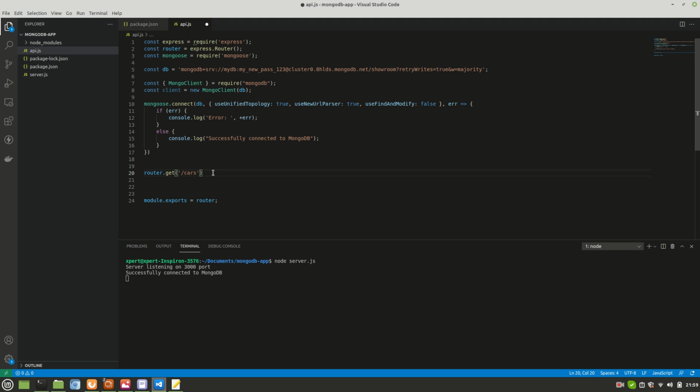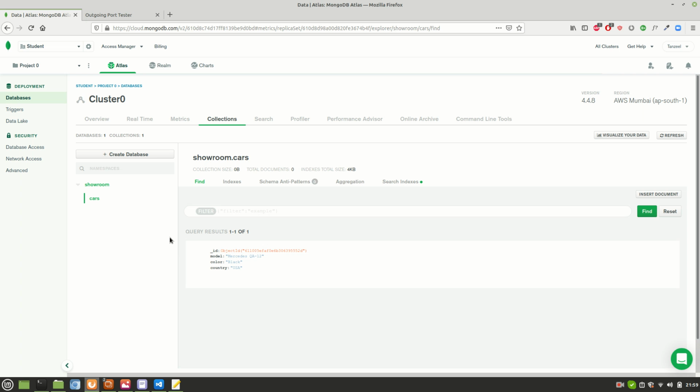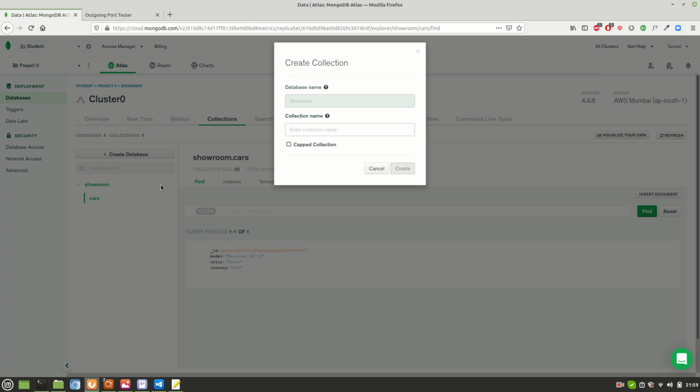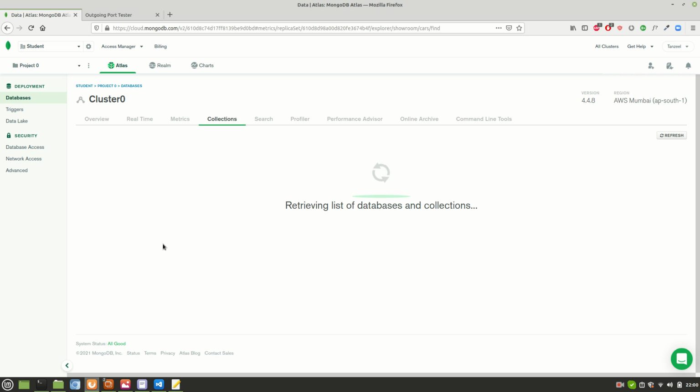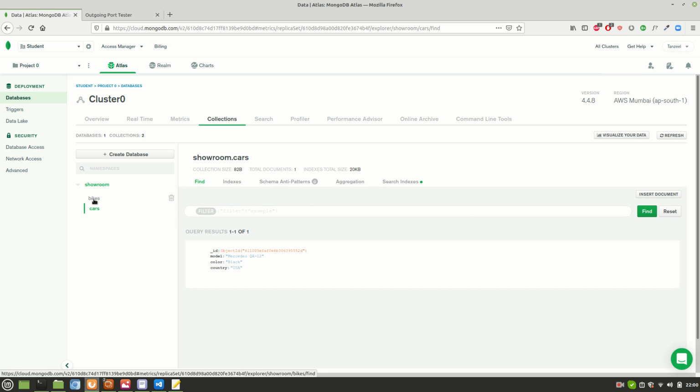But wait, you should be asking one question here. How will our code know from which collection it has to read the records? Why I'm asking this question is, right now we have cars only. Let's say we have one more collection called bikes. Let it be empty for now. Let's say we have one database and there are two collections in it.